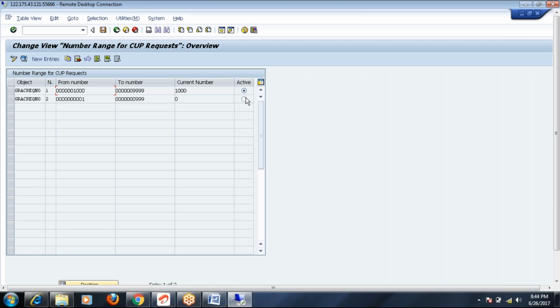So there are two intervals now. One is from 1000 to 4999 and the other is 1 to 1999. Among these, you have to choose which is active. You can choose one of them only. You cannot choose both of them. Any one of them. And the current number field indicates, when a request is submitted, the number it will take